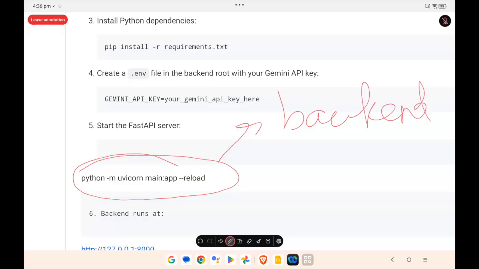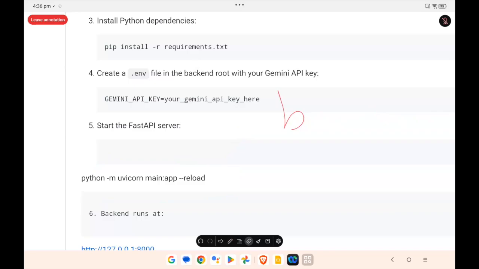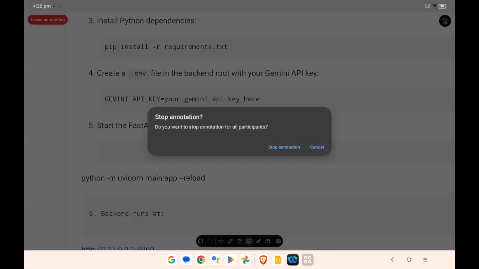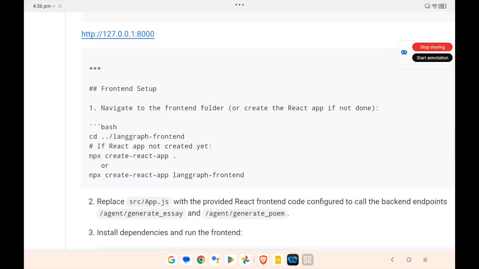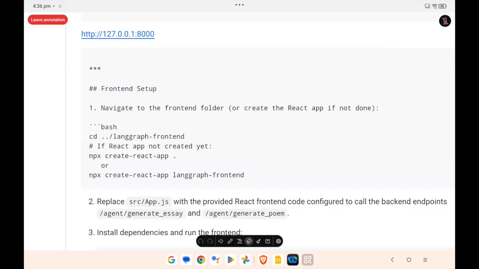As you know, we have backend and frontend. The backend is the FastAPI server. You instantiate your backend server. And then for the frontend, we are using React. For those who are new to React, you can just consider that as a UI.